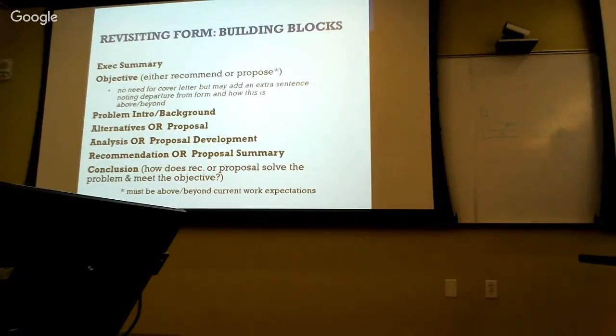then you'll be okay. However, if I get to the end of a 13-page paper and I say, boy, I really wish I had more detail on this problem, there were two pages that Clark could have used to help me understand why this is such an issue, that's when you're going to get in trouble. Does that make sense?